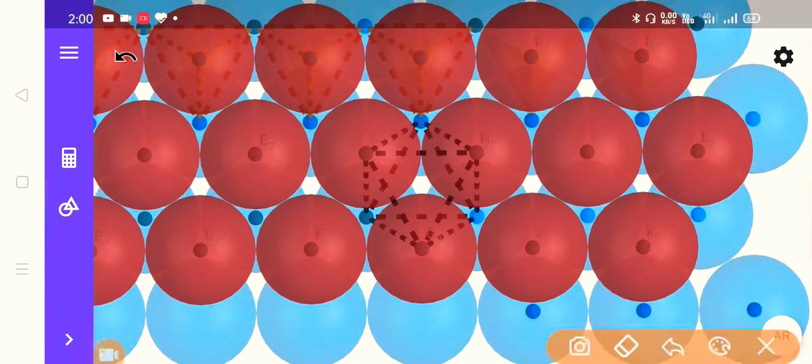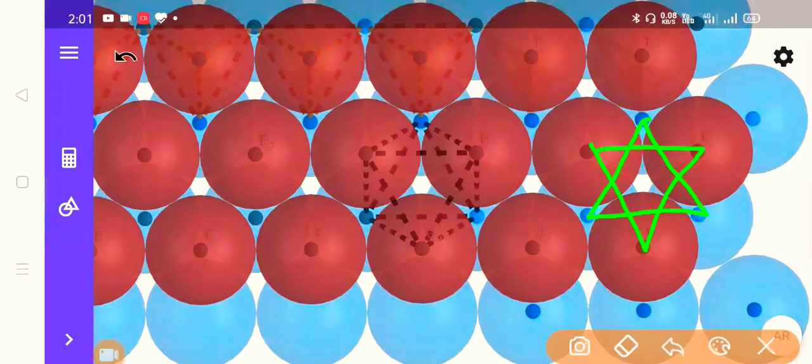So let us try to find some of them. First of all, let us connect the centers of the bottom layer. This is the center of 3 spheres from the bottom, and now let us connect the 3 spheres on top of it. When we connect the centers of these 3 spheres, they are pointing opposite.